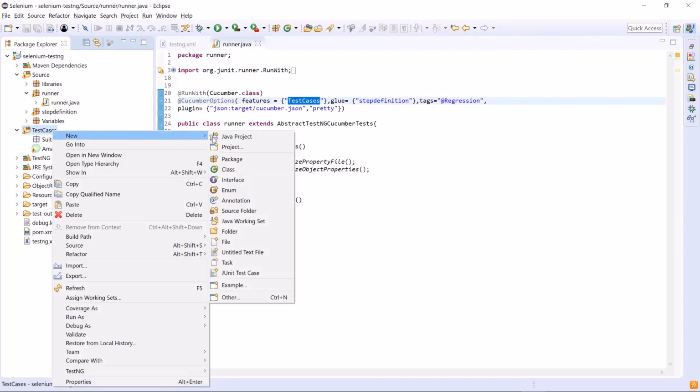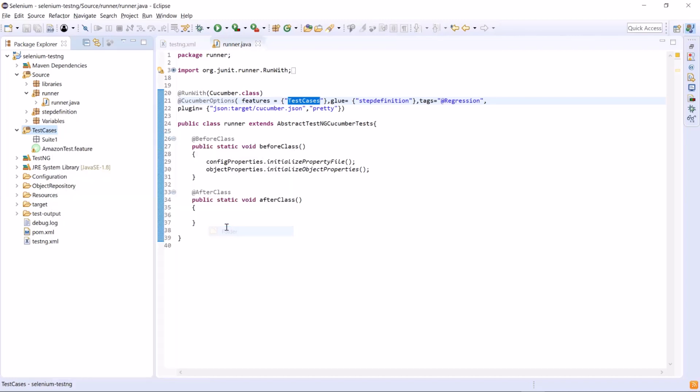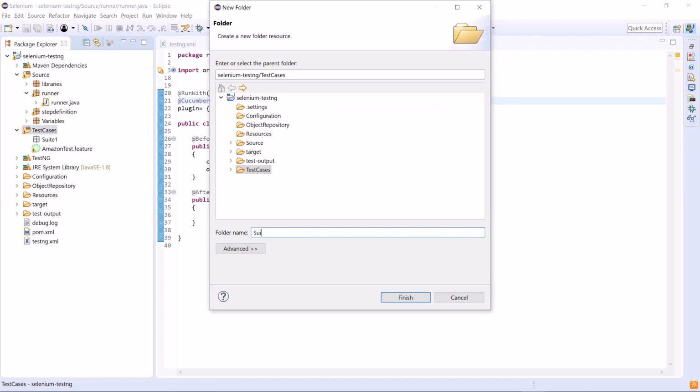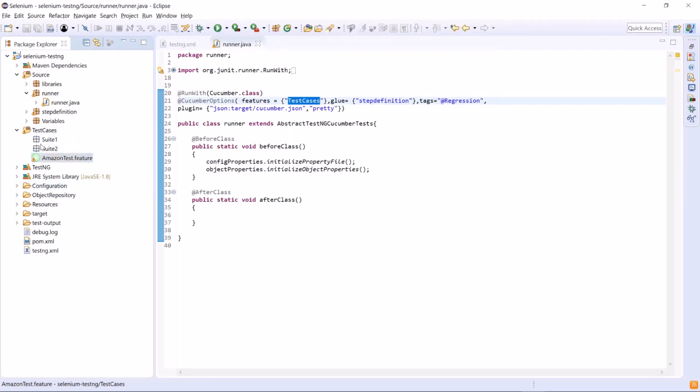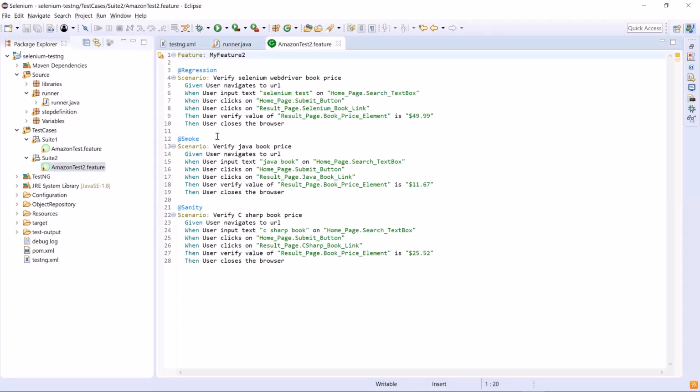To see that, first I'm going to create two folders with the names Suite1 and Suite2. After that, I will place a feature file under these folders. Here I will just copy the same file into this folder and then rename the file. Now we have one feature file available under each folder.